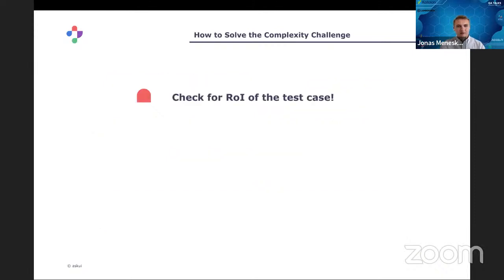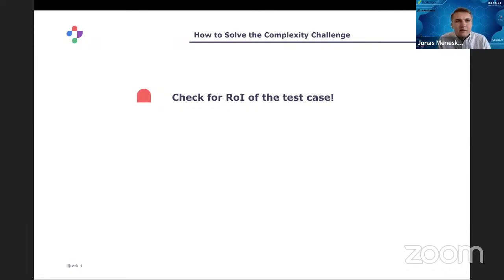The first one is always check the return on investment for each test case. What do I mean by that? Look at how complex the solution has to be. Never make a more complex solution than actually needed, and also try to understand what kind of test cases you are building and try to find the easiest solution.